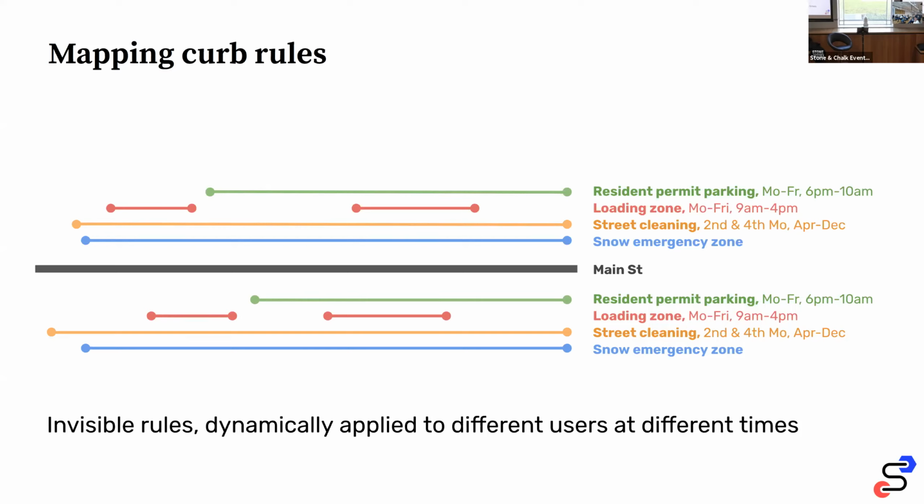So we were trying to build a common language for this. The easy part is we can all agree on ways to call something a loading zone. The hard part is how do we represent these invisible rules? So we started building a shared language, a data standard for the curb. Here's what it looks like. I won't get into it too much, but it has three essential things in it. You can take any sort of parking sign and turn it into this. We call it CurbLR.